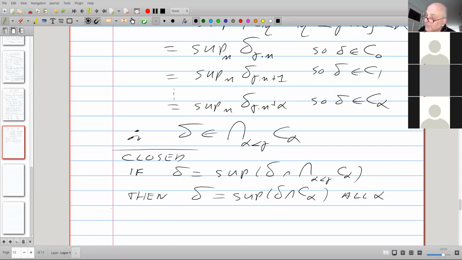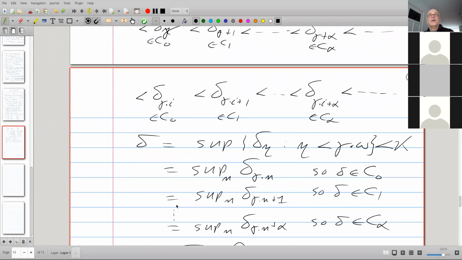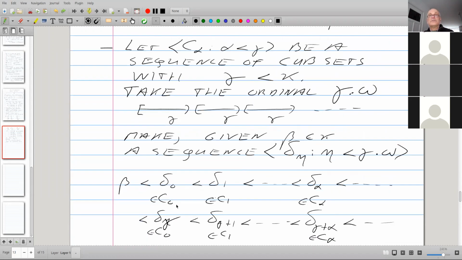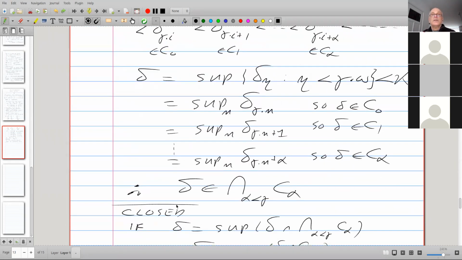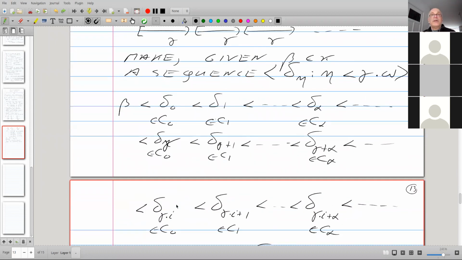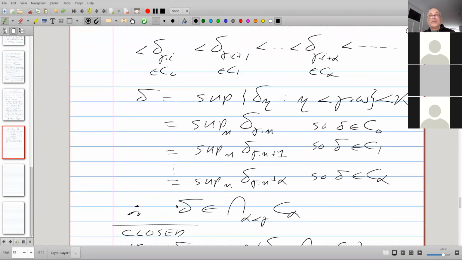So that proves closed. That's not the point. The point in proving closed unbounded is in the unbounded. So we started with a beta, we found a delta that was quite bigger, and it is in the intersection of our C alphas. The intersection is closed unbounded.